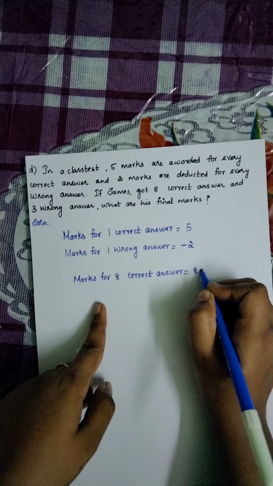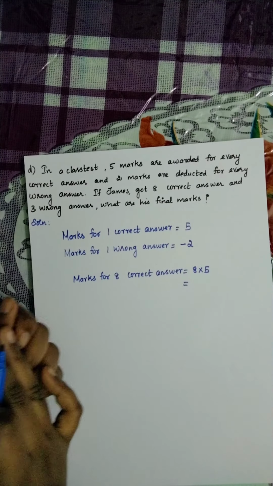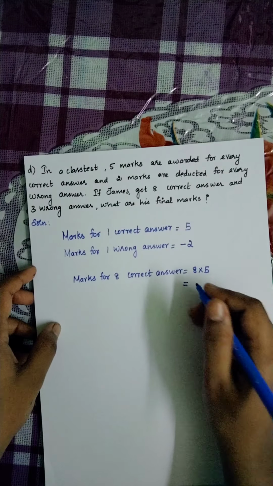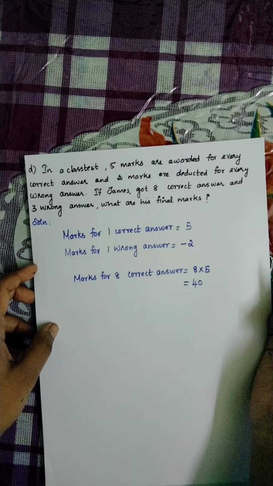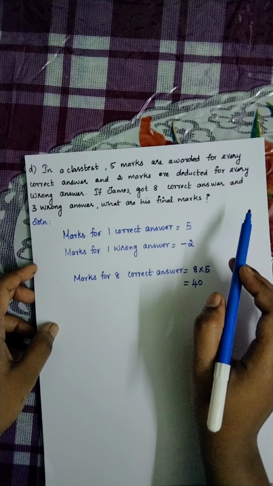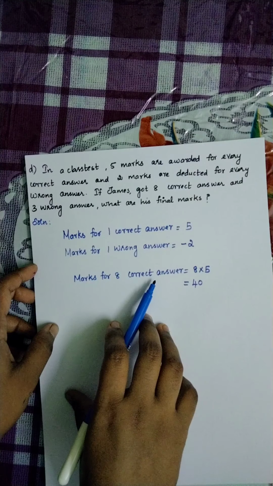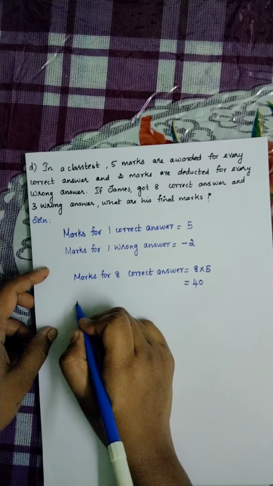8 into 5. What is 8 into 5? 8 into 5 is 40. Okay, 8 into 5 is 40. Understand? James got 8 correct answers. So we have found the marks for correct answers. That is 8 into 5, 40. Then 3 wrong answers. Marks for